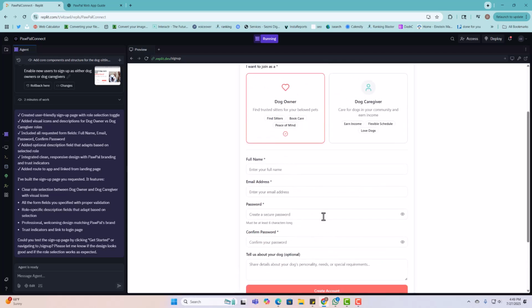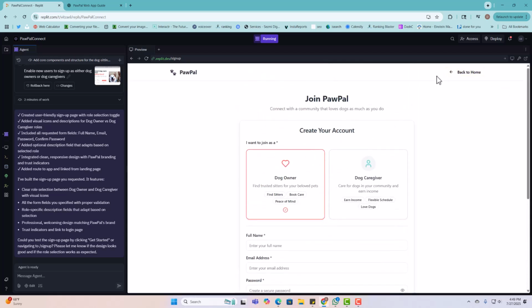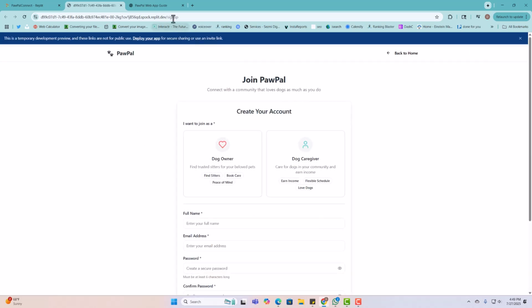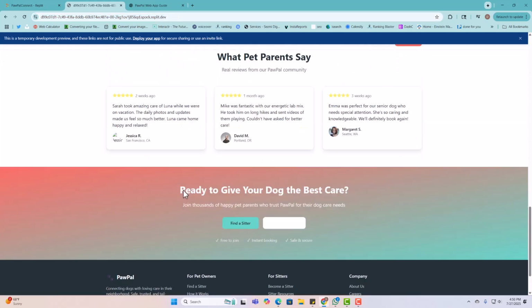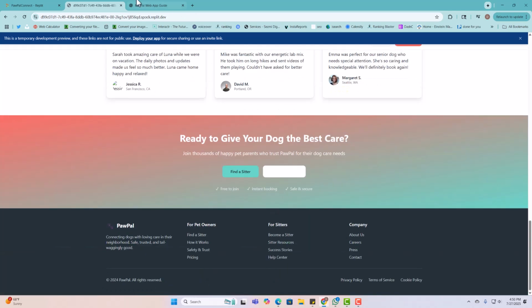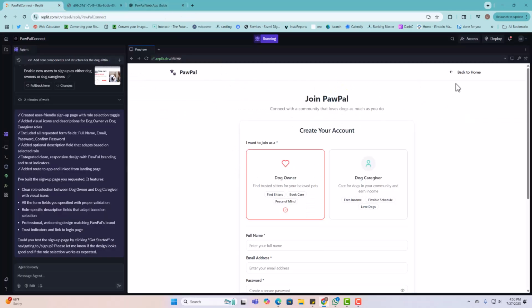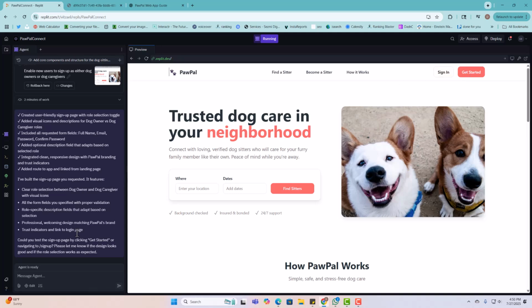So this is perfect. So now let's say you're happy with that, then we'll just leave it. We're not going to test it yet. Then you have this little button right here at the top. You can click on it to do a whole preview of your site. This is not live yet. It's just using your browser, but at least you get to see the full extent of the site and see what it looks like. And once, let's say you want to do another change, we can go back here